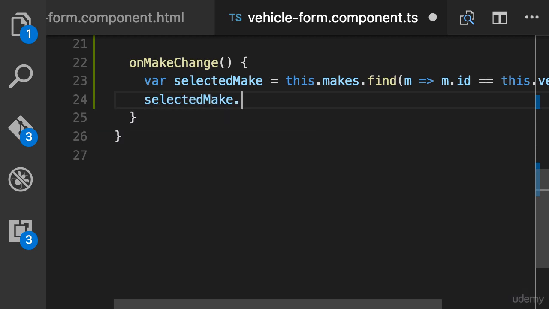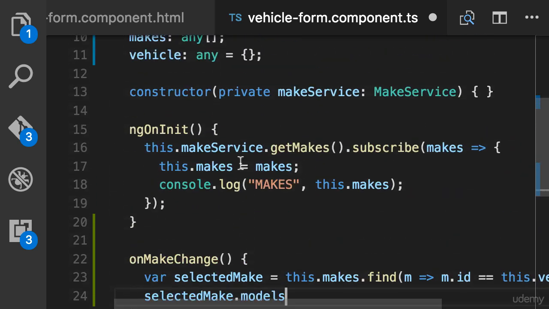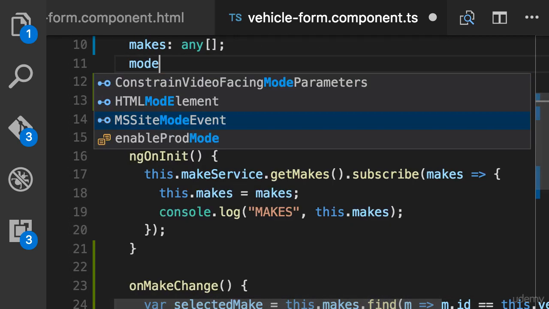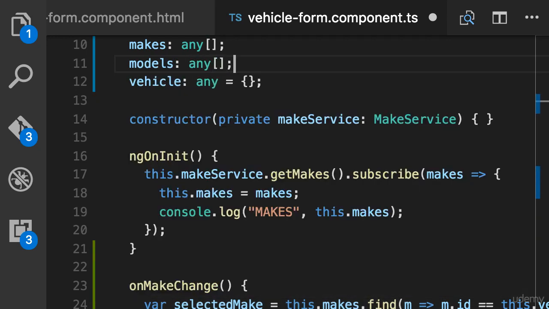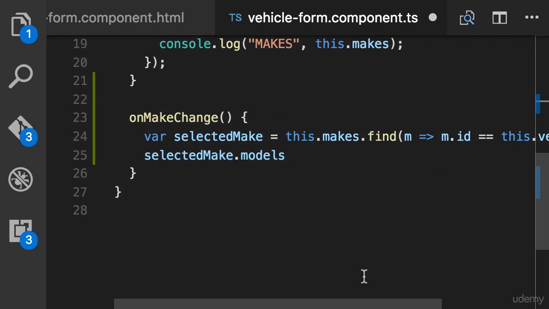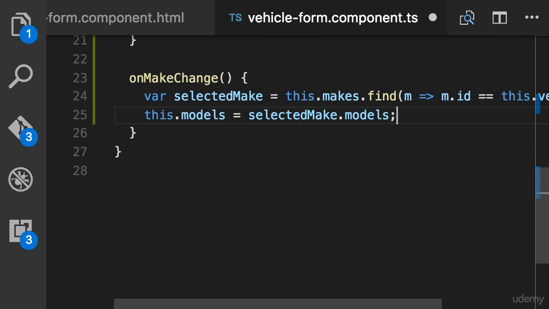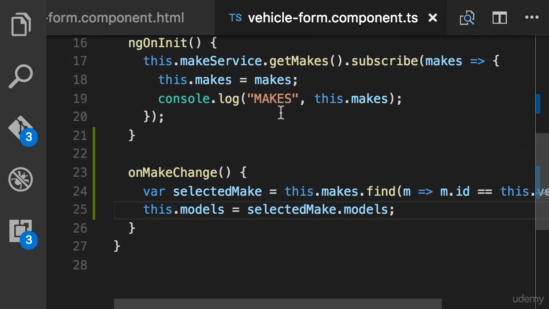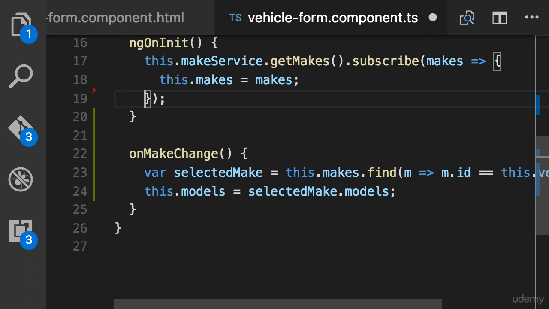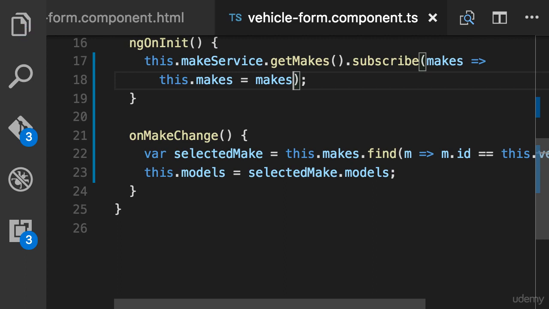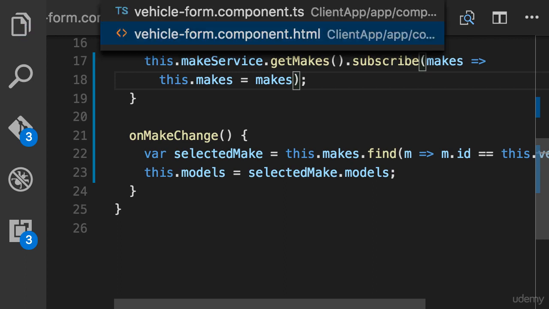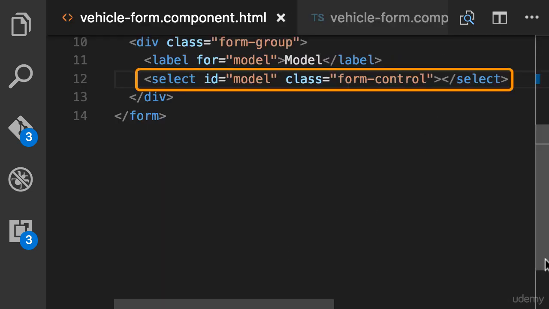Now at this point, we get the selected make. And we can use selectedMake.models to populate our second drop-down list. So I'm going to declare another field here. Just like we have makes, we're going to have models as the data source behind our drop-down list. And then here I'm going to set this.models equals selectedMake.models. Also, I'm going to remove this console.log. We don't need it anymore. And we can get rid of this code block and make our code cleaner. Save. And finally, we need to go to our template